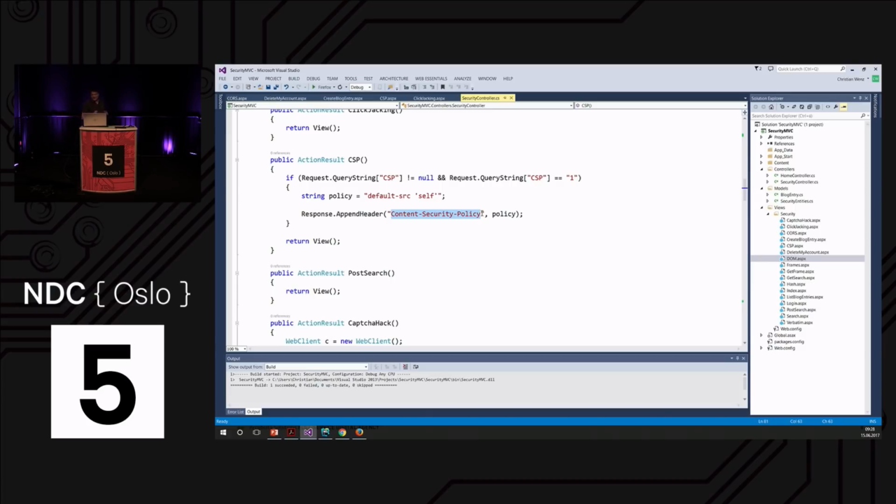Now, such a policy looks like this. We have a set of so-called directives. These are those things with the dash in between. So the default-src directive basically provides a list of URLs for, well, everything we load, usually with an src attribute. default-src is, so to speak, the mother of all directives. We have more specific directives. For instance, img-src, where to load images from, or script-src, where to load JavaScript from, or style-src, where to load style sheets from, font-src for web fonts, etc., etc., etc. But if you set default-src, this kind of encompasses most of the other directives.